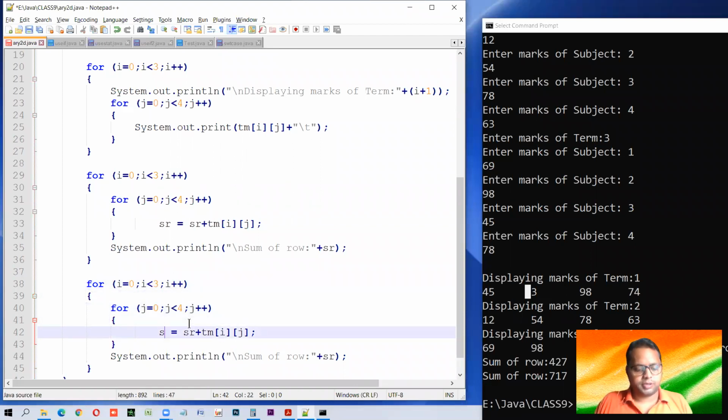तो यहाँ पर सम ऑफ कॉलम्स करते हैं. कॉलम कौन है? कॉलम हमारा जे हो रहा है यहाँ. This is the column. सो थोड़ा सा फेरबदल करना होगा यहाँ पे हमें.